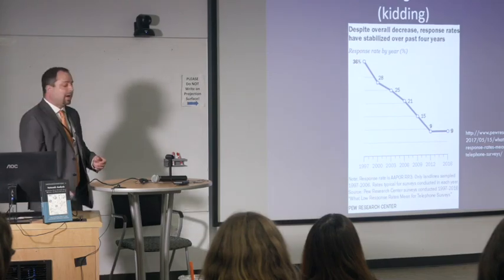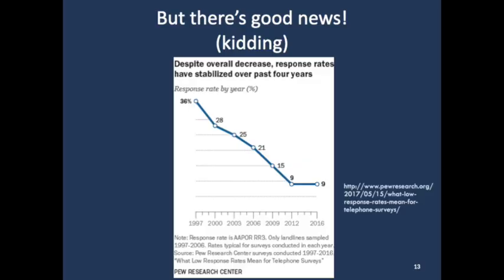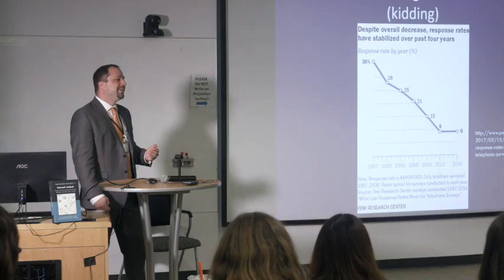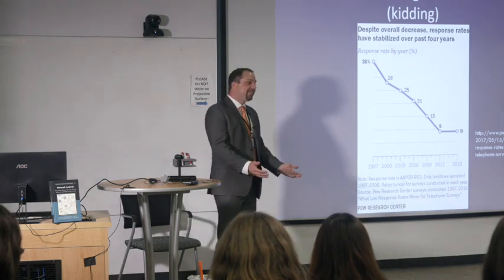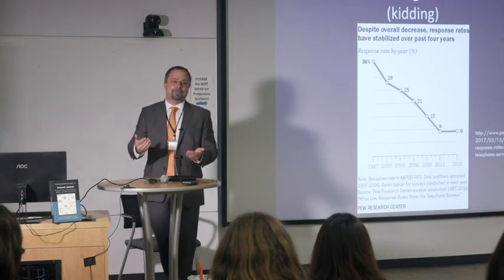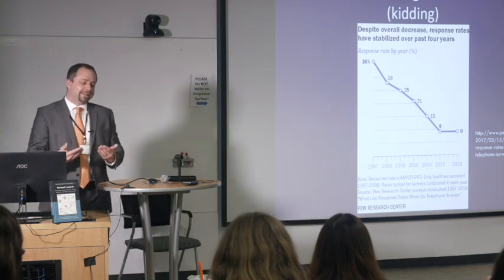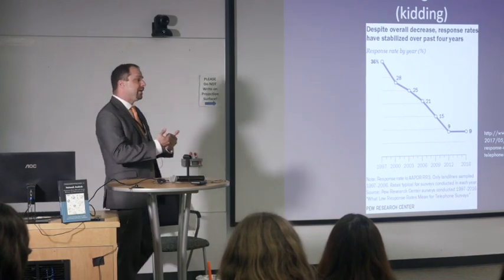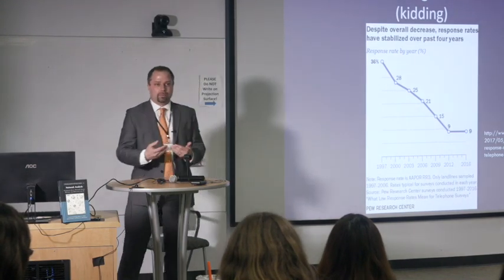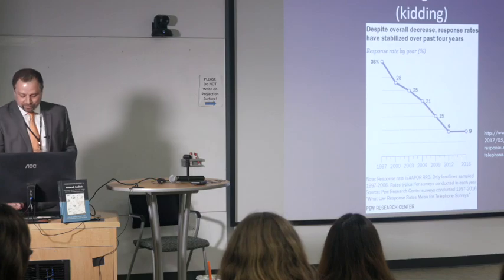So I think there's good news in some ways, in that some people are arguing that survey response rates are bottoming out, but they're bottoming out at extraordinarily low levels. This is from Pew, and I always harp on this graph because they tweeted, look, this is great. Survey response rates have bottomed out at less than 10%. And if less than 10% of the people that you're attempting to collect data from are responding to your survey, there's great potential for survey response biases to come into the process.